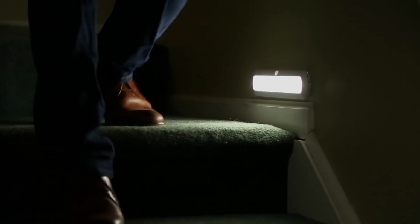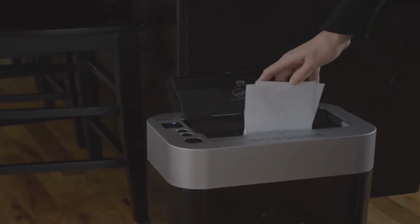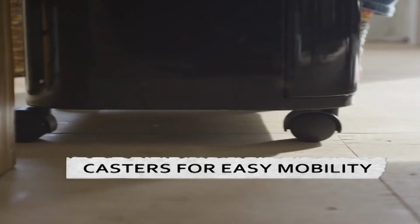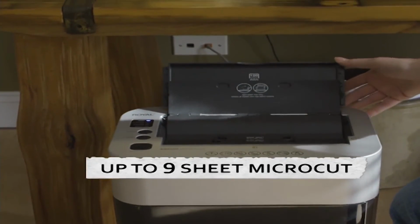But right now we're moving on to not only my pick of the show, but the last item in the show. This is something that is going to help you get rid of clutter, get organized, and shred the things